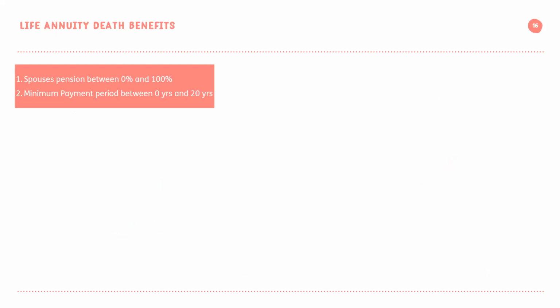And one of the common fallacies that you often read about with guaranteed life annuities, which is definitely not the full truth, it's a half truth, if you want to call it that, is that when a person buys a guaranteed life annuity, when they pass away, they lose their capital. So that's partly true, because as you know, with a guaranteed life annuity, you can purchase what we call either a guaranteed minimum payment period, or alternatively a spouse's pension when you purchase that policy.